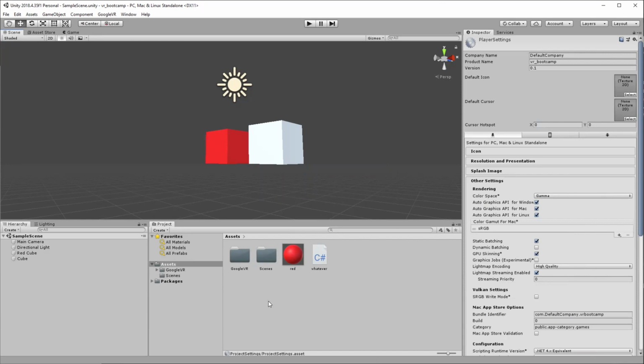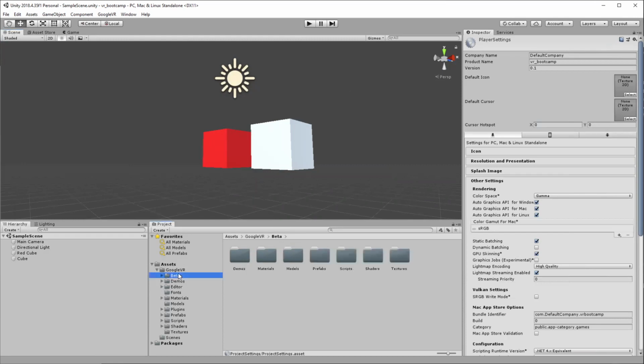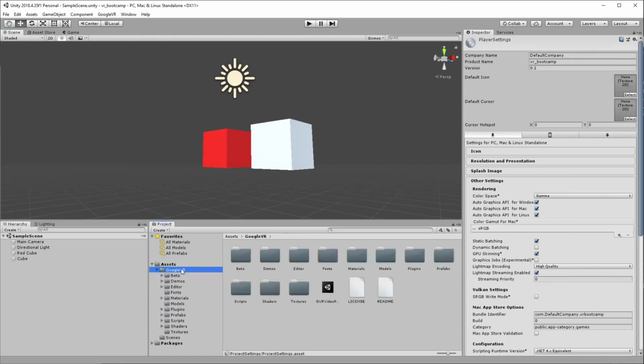Okay, so I imported it. Now what? What happened? Probably one of the easiest ways to get into a package or to use a package is to try and find a demo scene, or a scene, as I've talked about. A scene is whatever has all of these objects and components and potentially scripts in it. So in Google VR, or in most